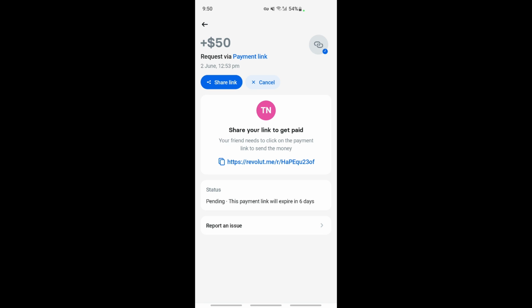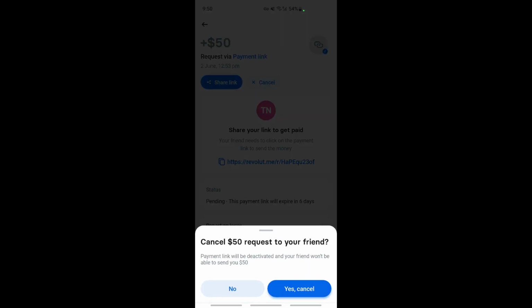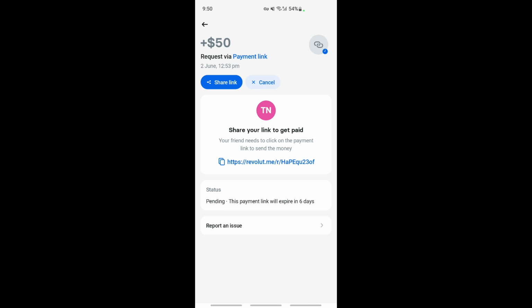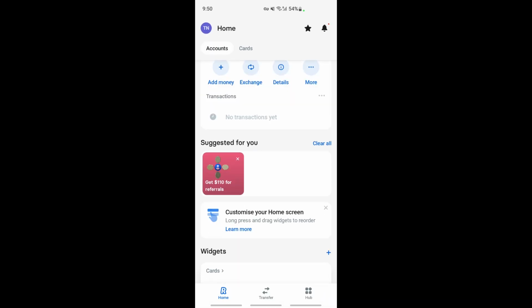So all you have to do is just tap on this cancel option here. So it will ask you, are you sure you want to cancel this? I will just tap yes, cancel, and that will cancel the transaction. So this is the only way how you can